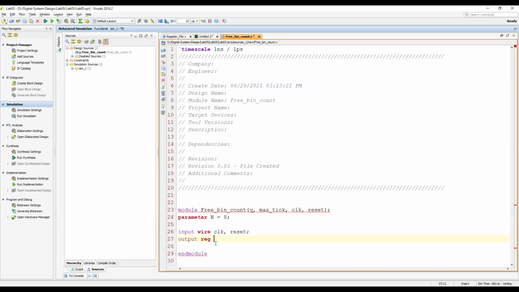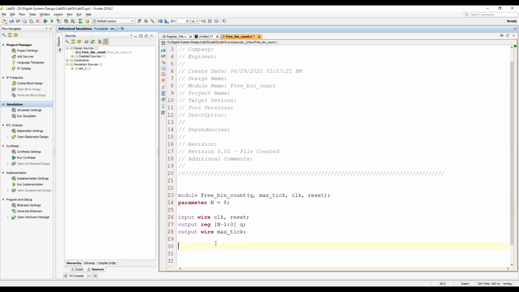So the one is Q. Q is parameterized, so [n-1:0] Q as output. I will do max tick in data flow modeling, so I'm keeping it wire. That's it. Okay. So the ports are defined, and now let's define the current state logic.